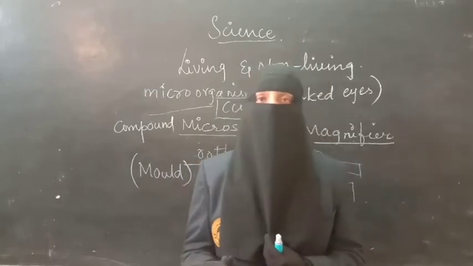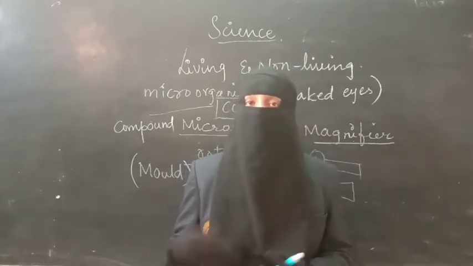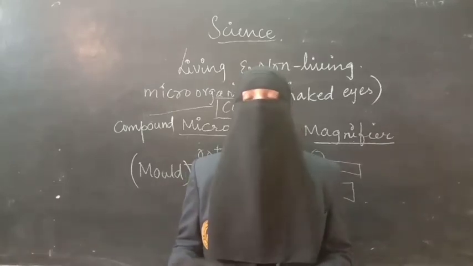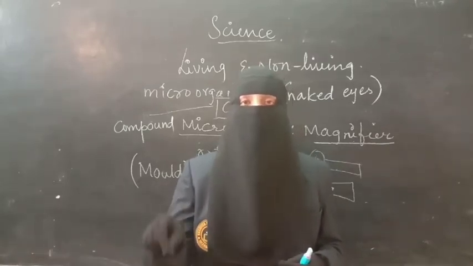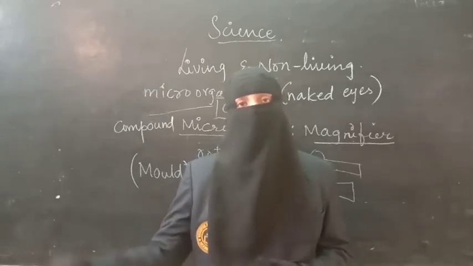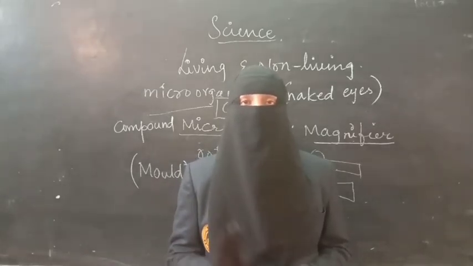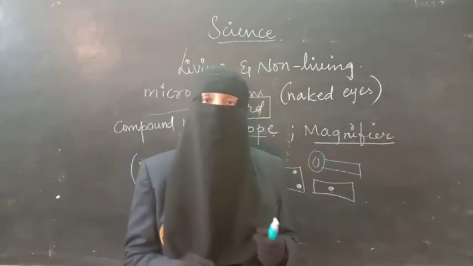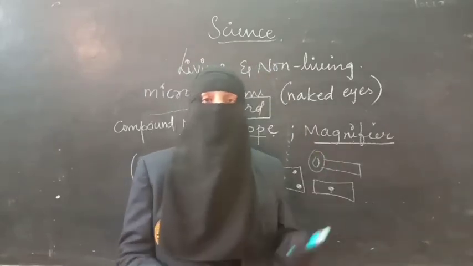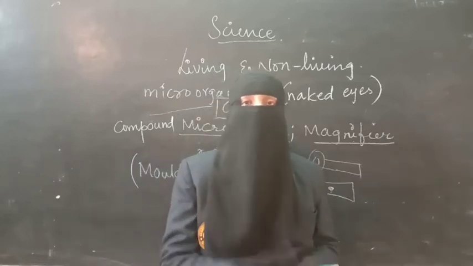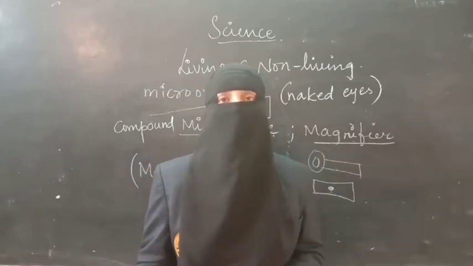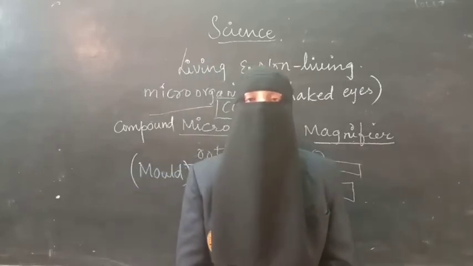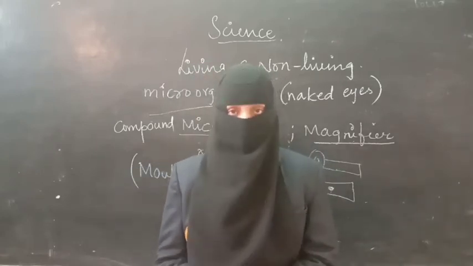In our day-to-day life we use milk. How is curd obtained by conversion of milk? When we want curd, what do we do? We add some sample of curd to the milk. So automatically milk will change into curd. That conversion takes place because of the bacteria. Bacteria is a microorganism. So that means microorganisms are not only harmful, but there are some useful microorganisms as well. The detailed study about microorganisms we will learn in higher sections.